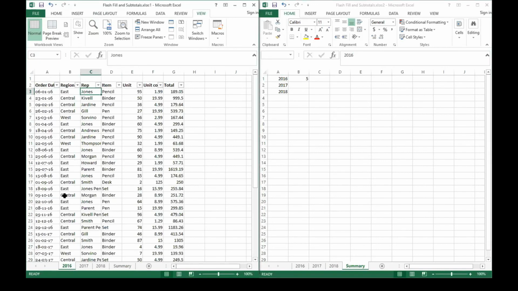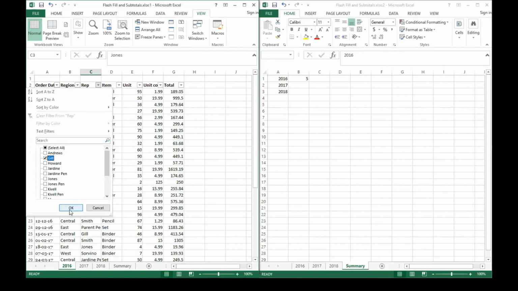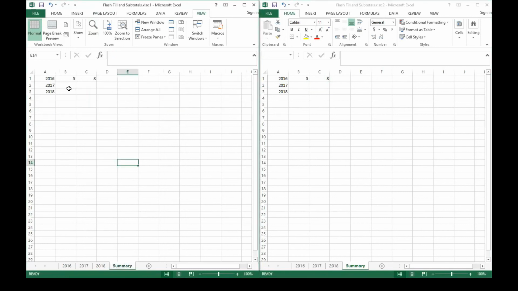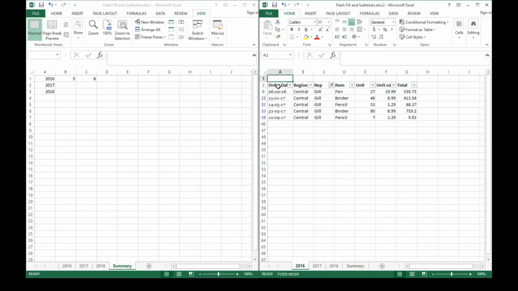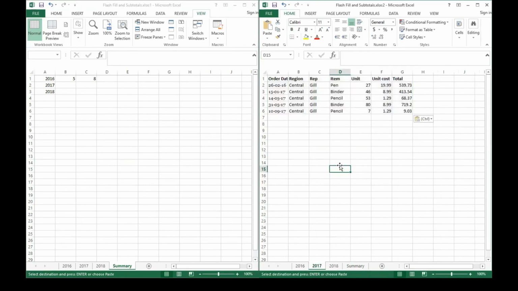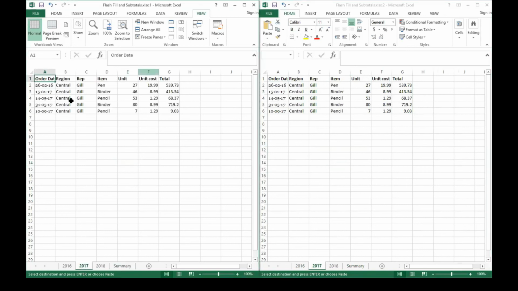I can go to sheet 1 and check the figures from here. I can go to GIL, and again, there are 5 instances of GIL. So I'll say 8 here. And automatically the summary sheet here will be updated with 8. Do you see the power? I just copy the GIL data, Control C, and I paste it here, right? In the one sheet, if I see, the 2017 sheet would be updated automatically. That's how I can work in 2 different sheets at the same time.